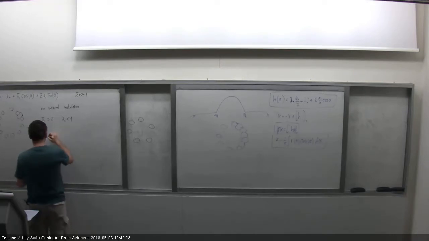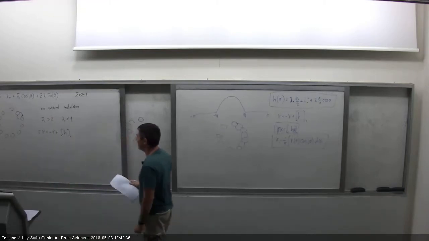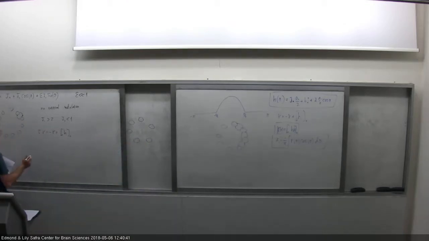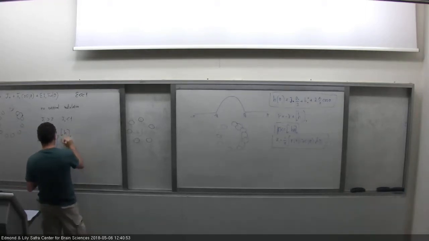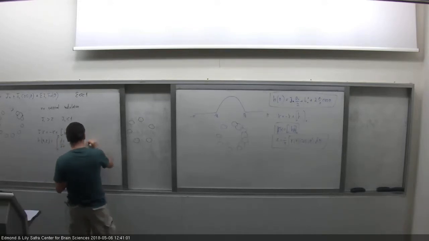Tau r dot is equal to minus r plus h, threshold linear of h, and h of theta and t is equal to an integral from minus pi to pi d theta prime over 2 pi j theta minus theta prime r theta prime and t